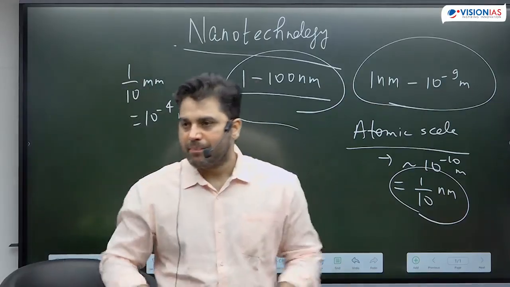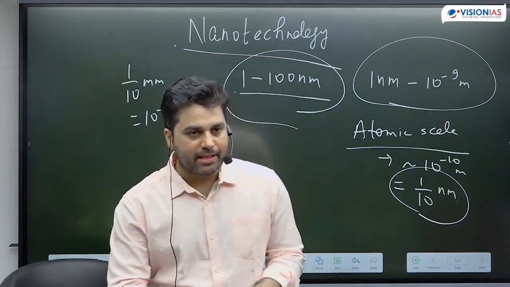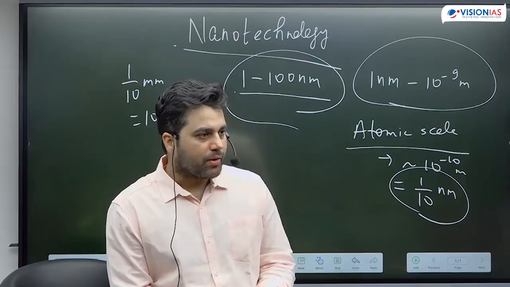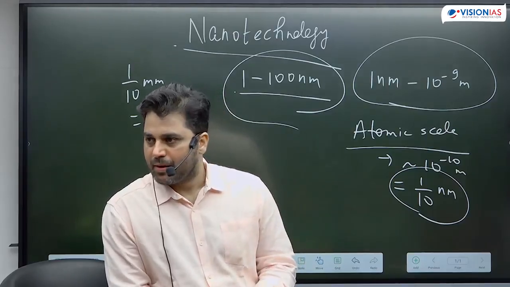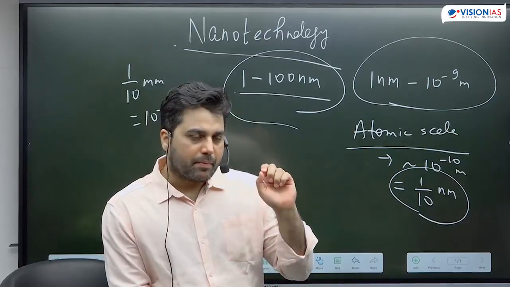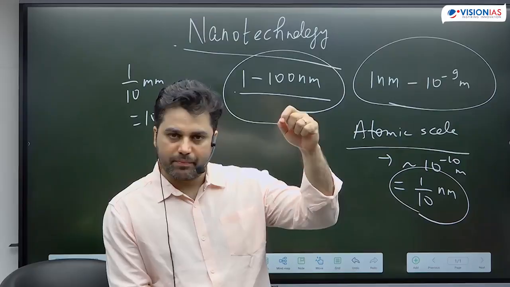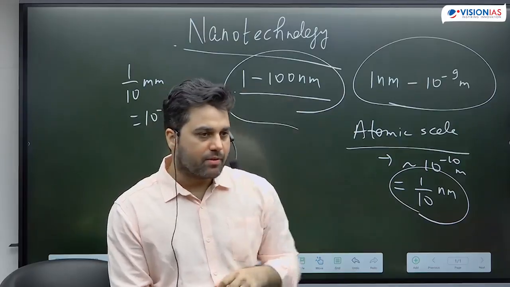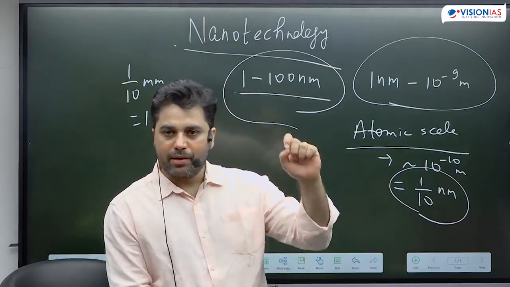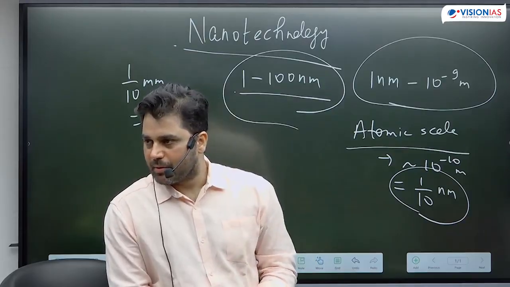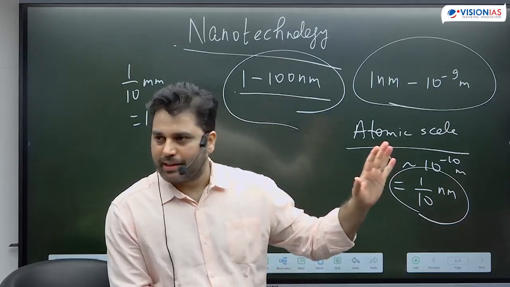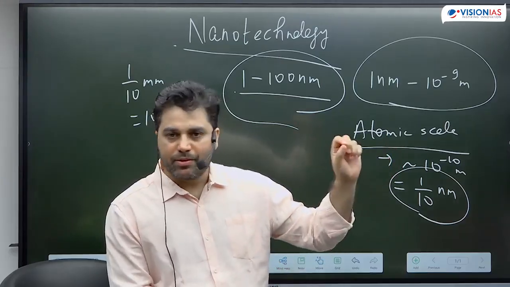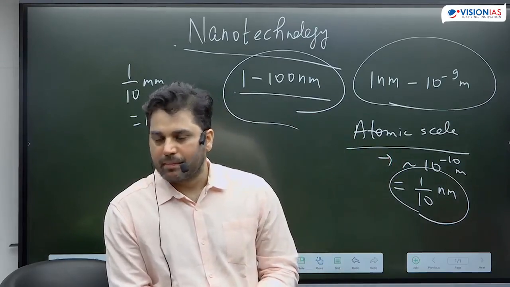Goes without saying that when we are talking about changes happening at nanoscale, then we are talking about changes happening within few atoms and molecules. Think about one drop of water which you can see with your naked eyes. In that one drop of water, how many water molecules will be there? Again, trillions to trillions. There will be trillions to trillions of water molecules there.